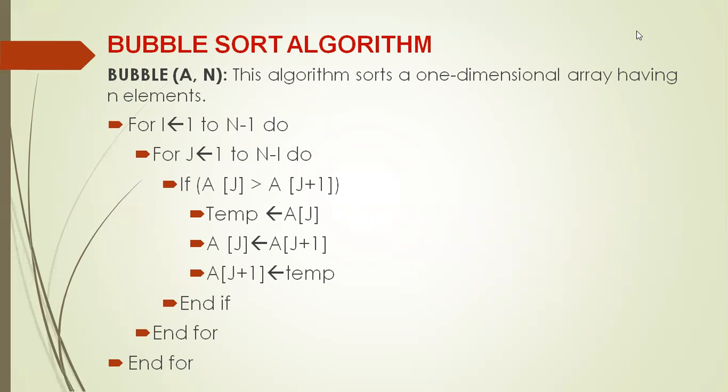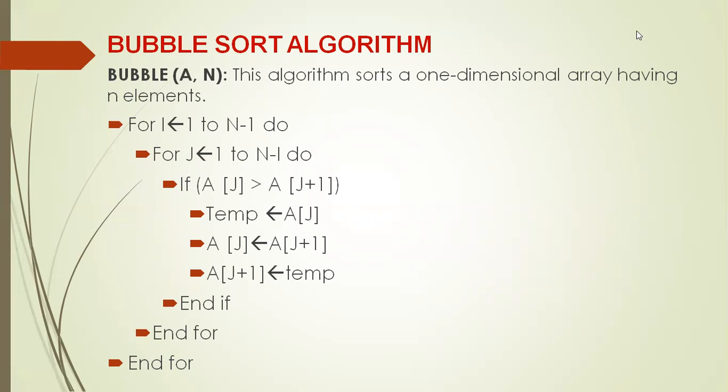Let us take an example. Assume that the n value is 5. In that case, i first time how much? The different values of i are, first time it is 1, then 2, then 3, and then 4. So first time the value of i will be 1. In that case, j varies from what value to what value? 1 to n minus i. i is 1, n minus 1, how much? 1 to 4. So the first value of j is 1. In that case, A[j] is compared with A[j+1], j is 1, so A1 is compared with A2. Then if necessary, swapping is done.